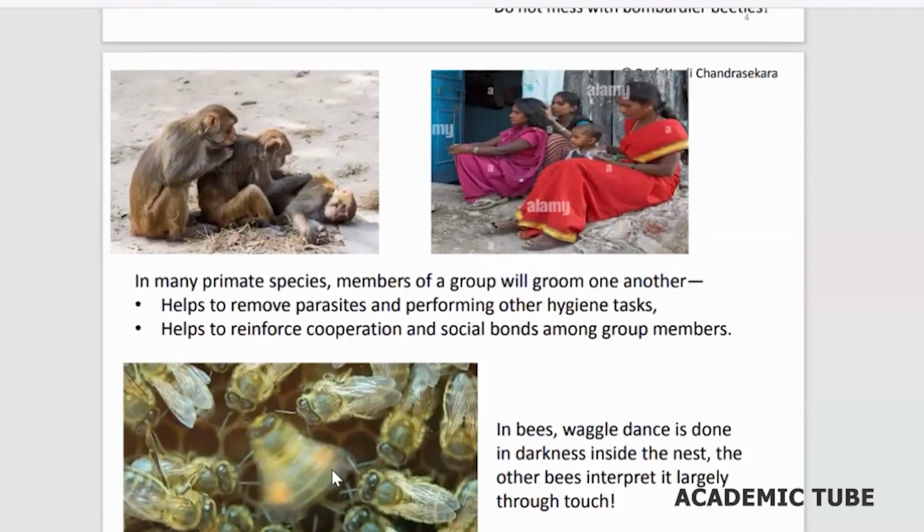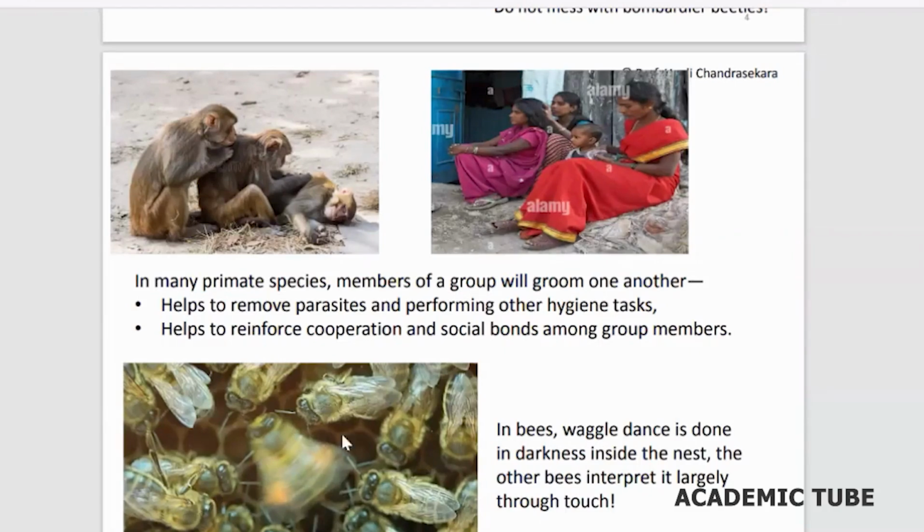Now, another example that happens inside the beehive. Inside the beehive, it is quite dark. Now, you know that a worker bee who went searching for nectar and pollen comes back to the hive and then performs the waggle dance and the round dance, right? So it has to perform these two kinds of dances